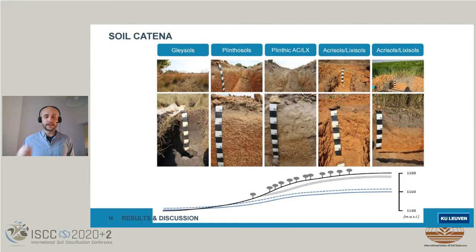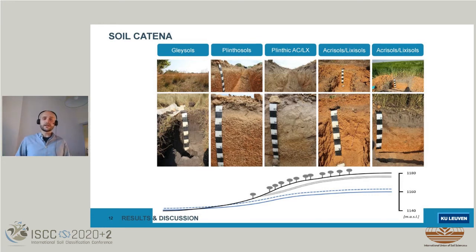And this is how that looks in the field. So here we can see this typical catena that we would encounter with this dambo structure, basically, where at the dambo bottom, so the area that was flooded during part of the year or submerged year-round, we would typically find gleysols and adjacent to it vertisols. And then when moving up the slope,